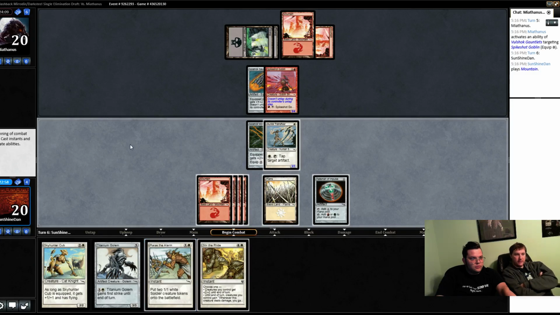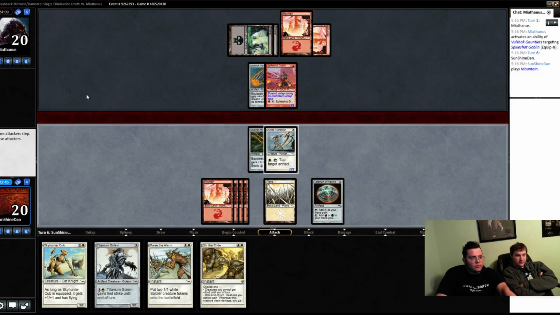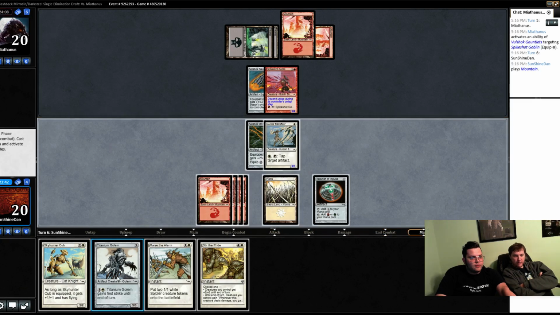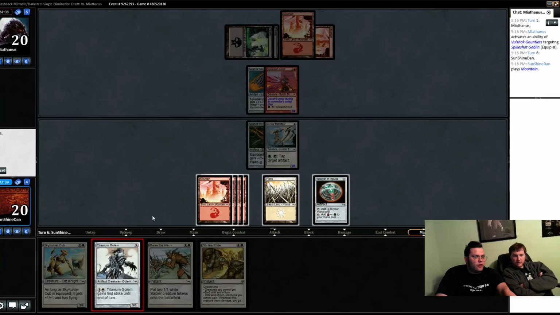Should we go ahead and play the Titanium Golem? I was thinking about Raise the Alarm, and then... Well, it doesn't work unless we get a Plains. Let's build our board out wide. Okay. Yeah. Alright, so we just pass then. We play Titanium Golem in the second main phase. That doesn't leave enough mana to...